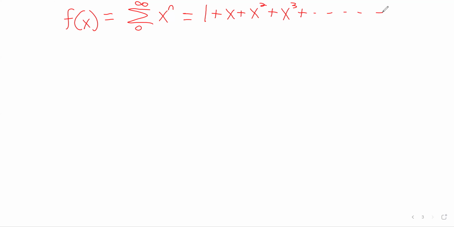If x is a finite number, then this power series, and remember x is a variable taking on values, so if x is 1/2, for example,